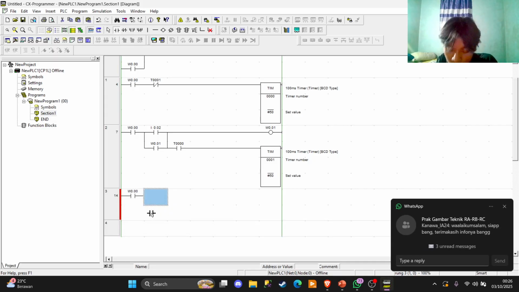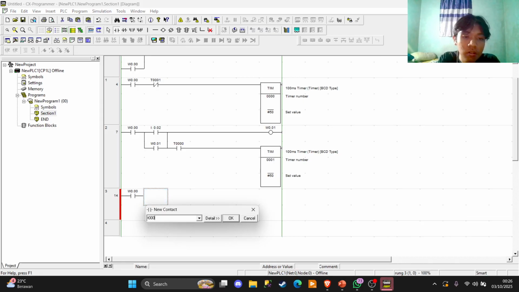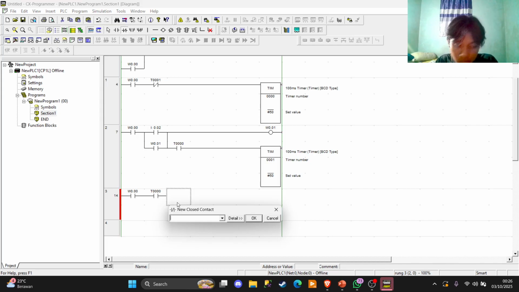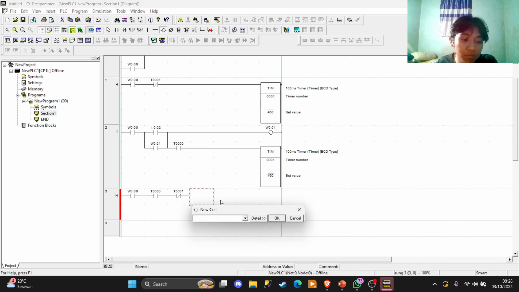Okay, and then the timer is using the same 000, and then we're going to use the NC as the second timer, and then we're going to make another output, and that other output is Q.